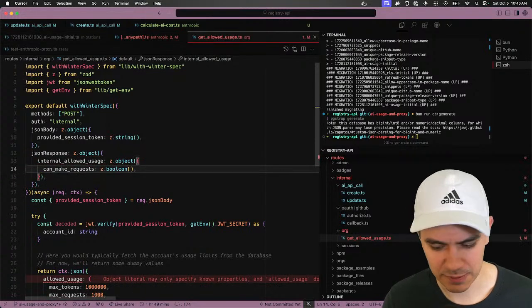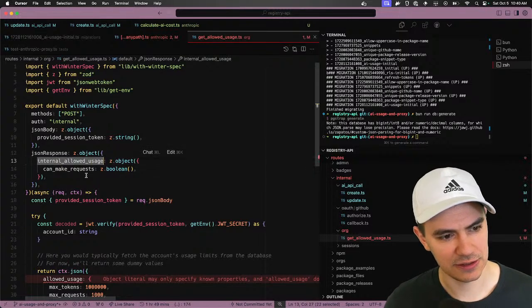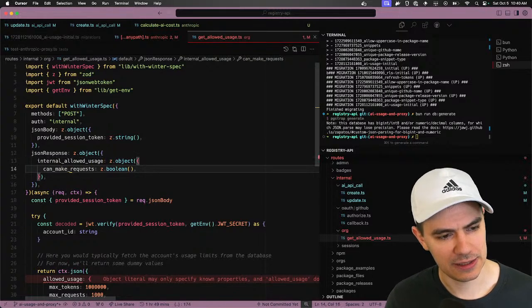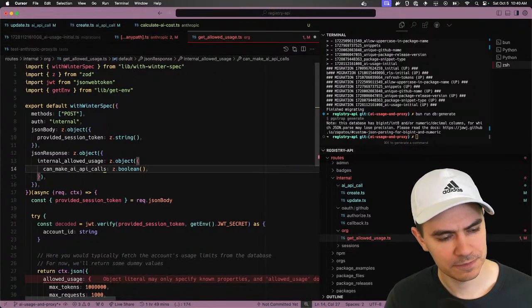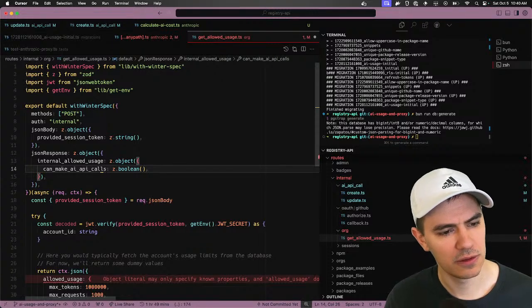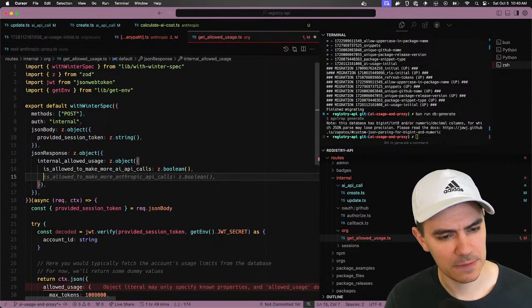So we use the AWS top level key convention, which is where you always have a top level key. Can make AI API calls. We'll say can make more, or is allowed to make more AI API calls. Super specific.